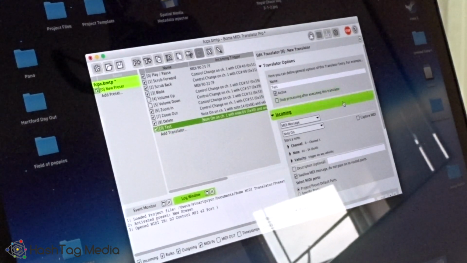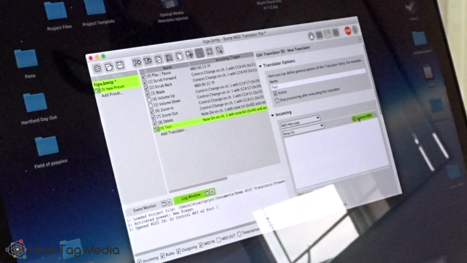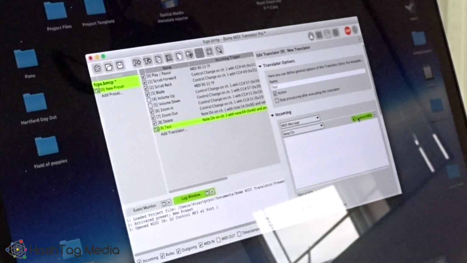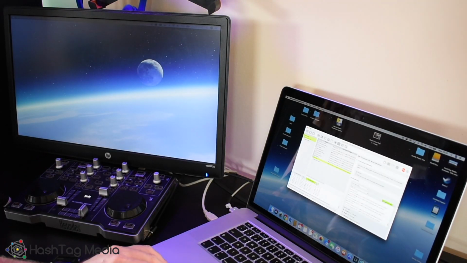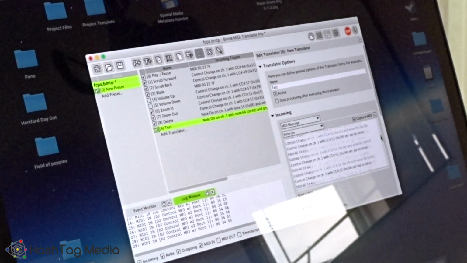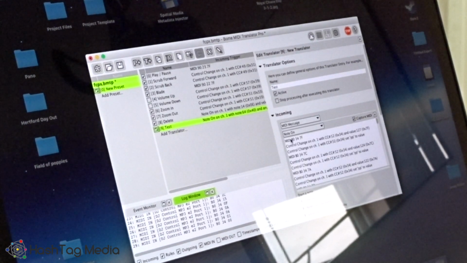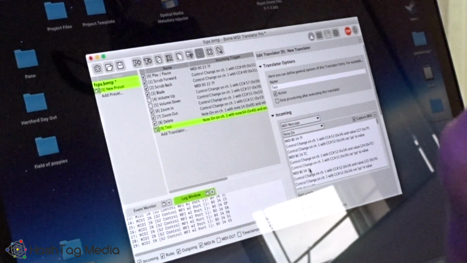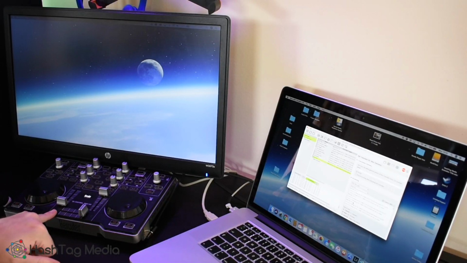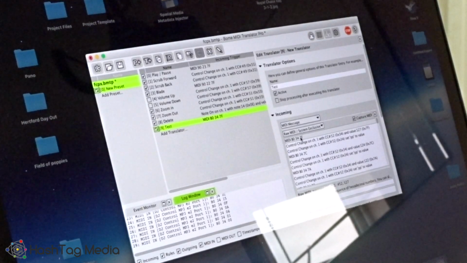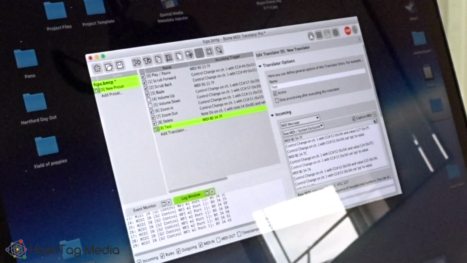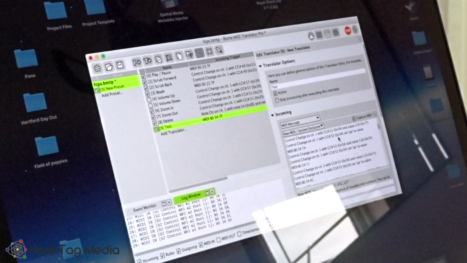Okay, so once we're in it, what you do is you capture the MIDI controller. So what it does is it's listening for a signal from the controller as we speak. So if I just move this one down, as you can see, it's got a lot of data there. So it's pretty much every single one of these here is a command. Obviously I've gone from maximum down to low on the volume slider. So if we just want to pick the first initial movement, it's that there. So then we scroll down,